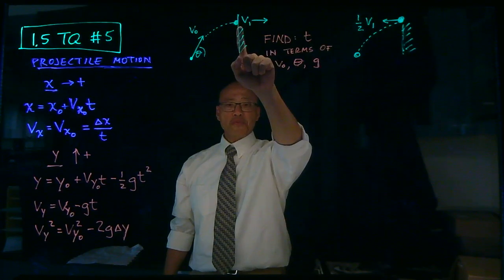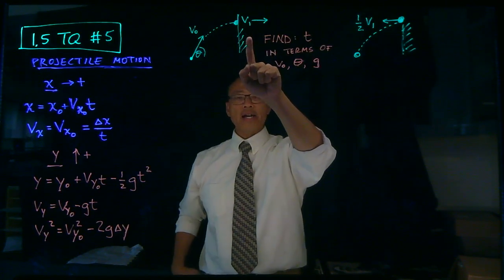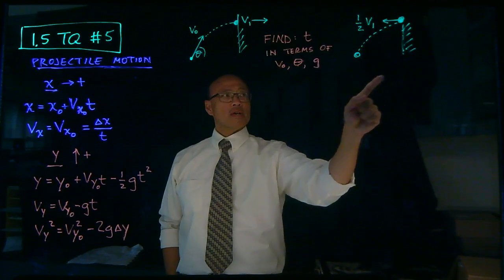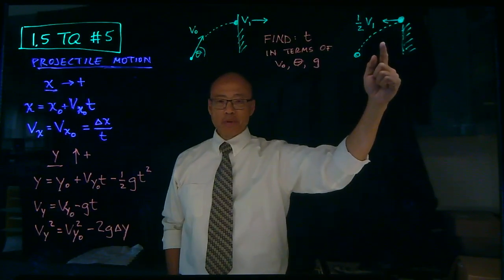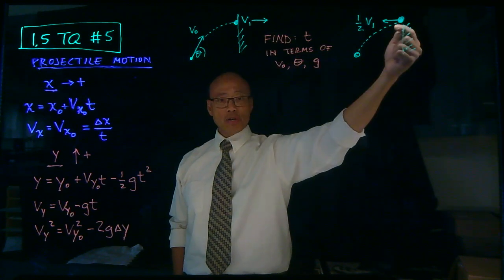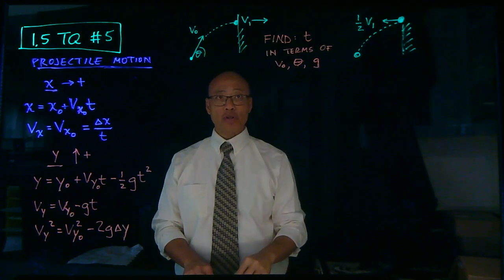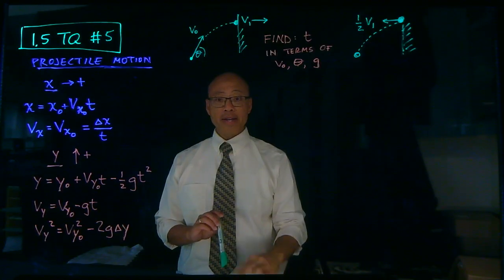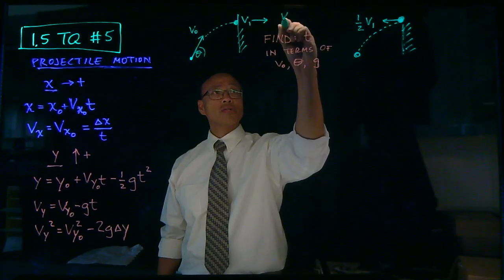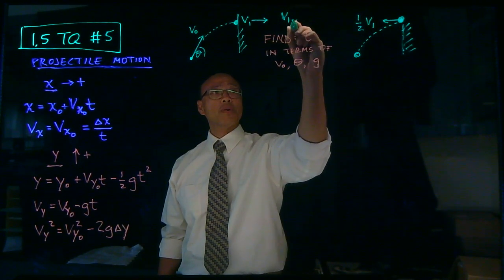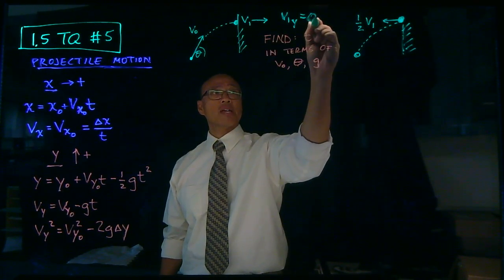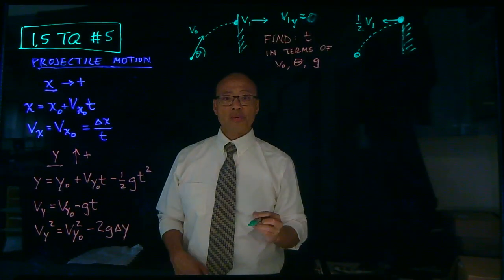I've noted that just before it hits the wall, it's going V1, and I carefully drew it, tried to make sure that I thought of it as horizontal. When it rebounds a negligible amount of time later, it's traveling half of that speed, but also just horizontal. So it might be worth noting that the y component of V1 is 0 in both cases. And that's important to note